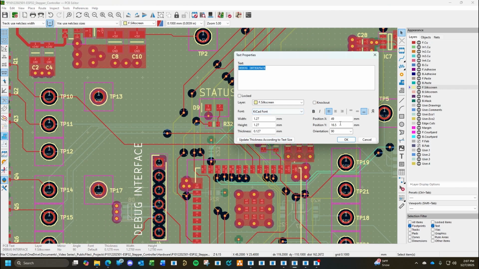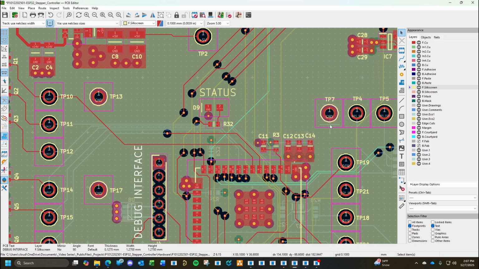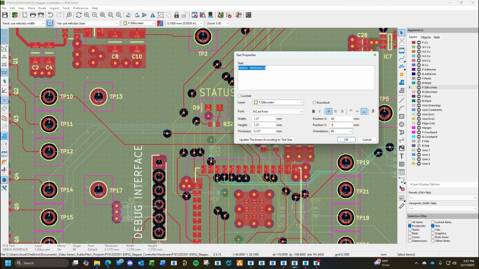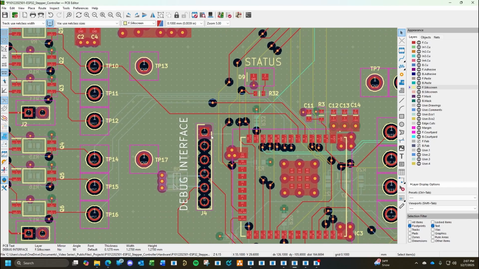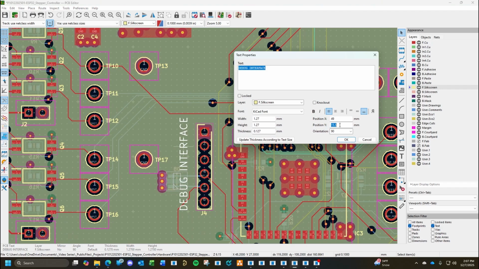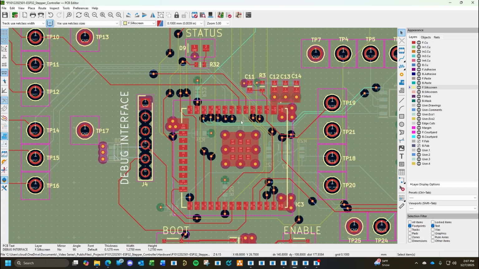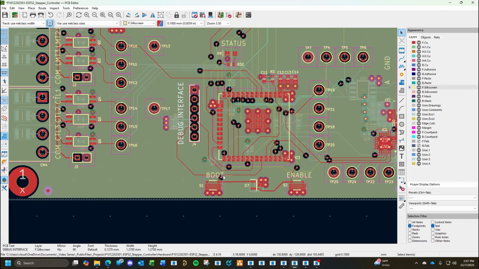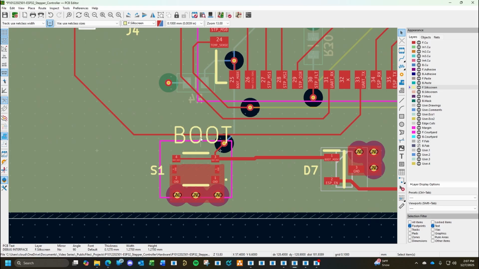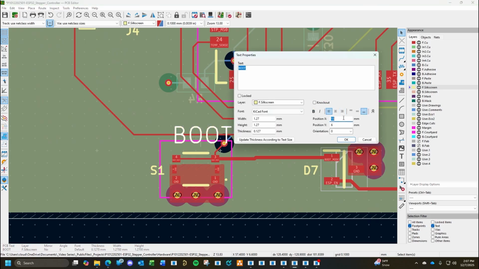Just kind of cleaning things up, making things look just a little neater. Because this is a product that other people will see, not just for me. So I want it to look as presentable as possible. Even though this is the first iteration, and there's probably going to be